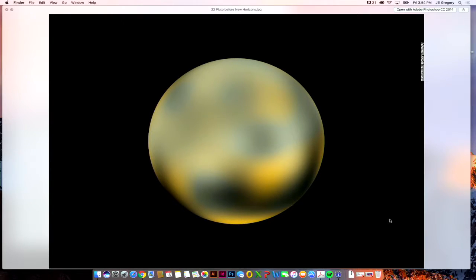And this is basically what we had to work with. This is what Pluto looked like before New Horizons got there. So we were sort of nervous about what we might show. On the other hand, there was a great deal of data that was non-visual that we could interpret with scientist guidance. For instance, we knew that volatiles on the planet, depending on the season, would actually dissipate into the air